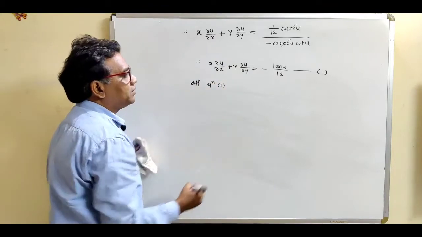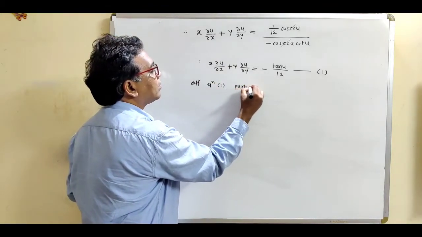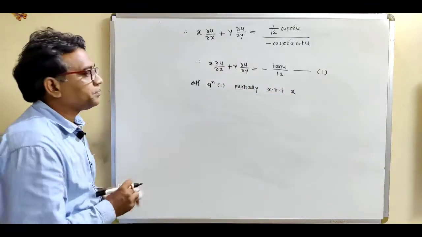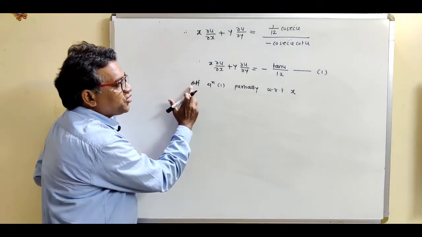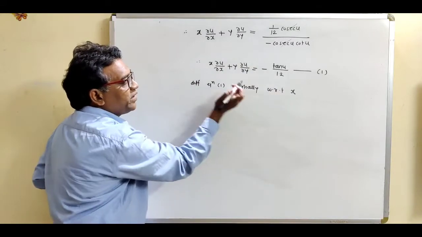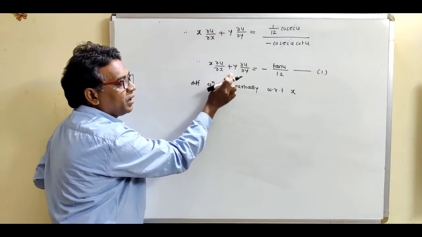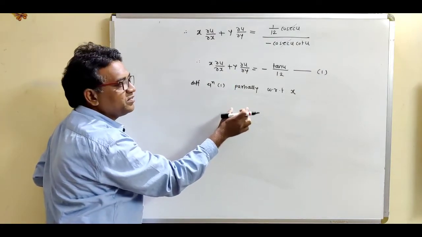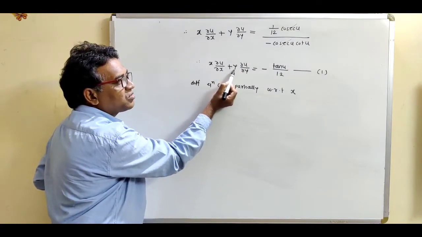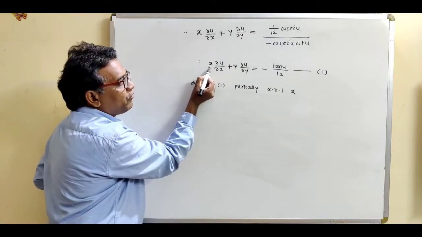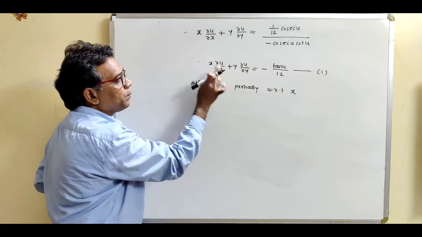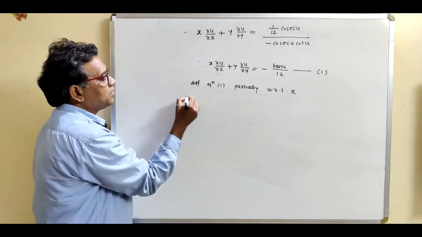Differentiating equation 1 partially with respect to x. Now differentiation of equation 1, so this is our equation 1. Partially with respect to x means we have to keep y as a constant. Partial differentiation with respect to x means keeping the remaining variable constant, so we have to treat y as a constant. Now this is a term of variable x, this is again a term of variable x, so for the first term we use the product formula. So write down the product formula. So this is the product formula.